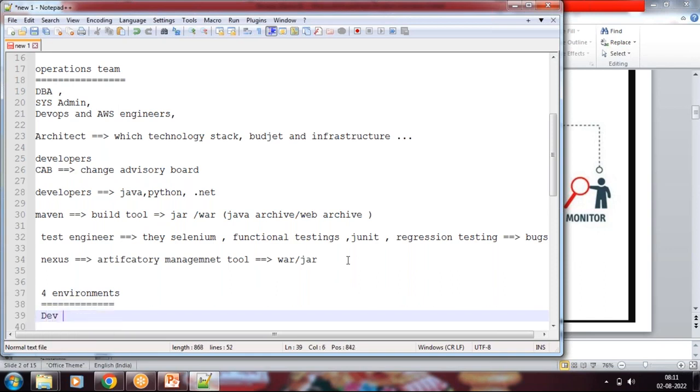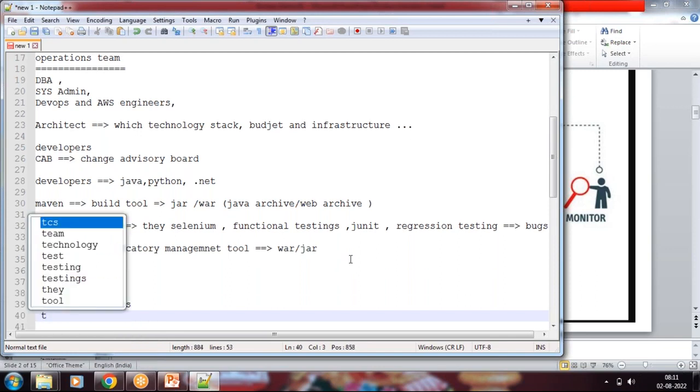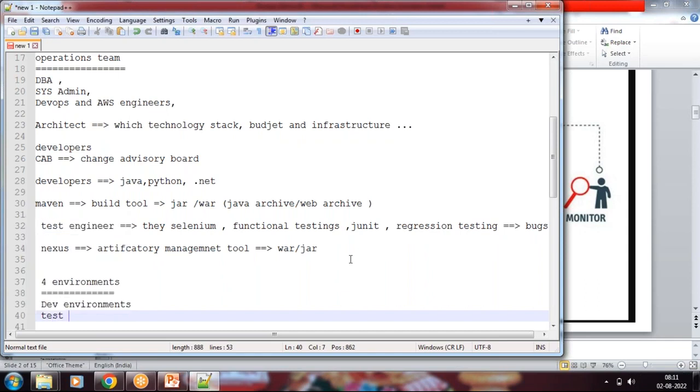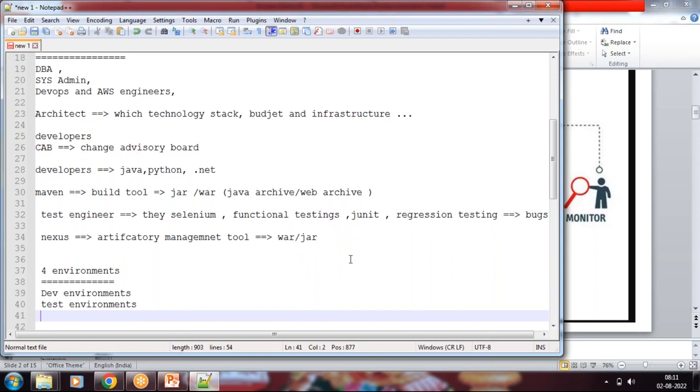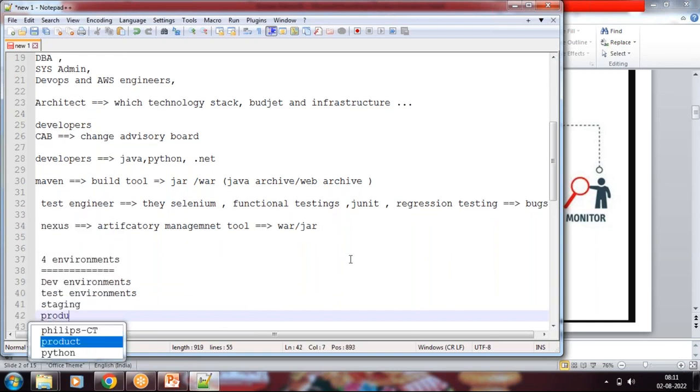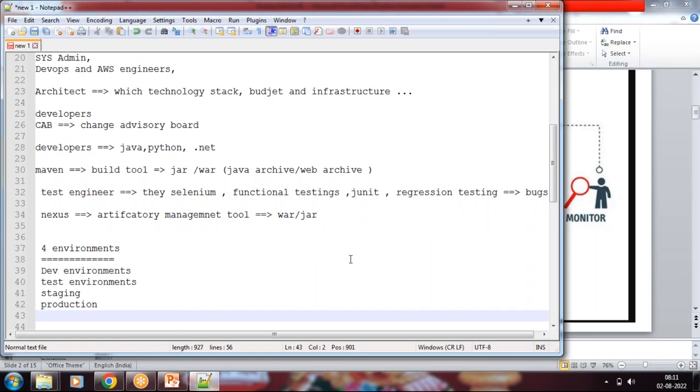First one will be dev environment. Second one is test environment. Third one is staging. Fourth one is production. Okay, so development activities will be done in dev environment, and all the testing activities, like once the build is